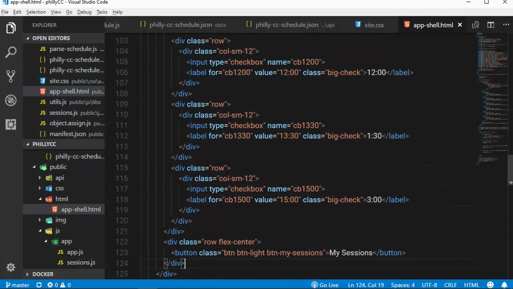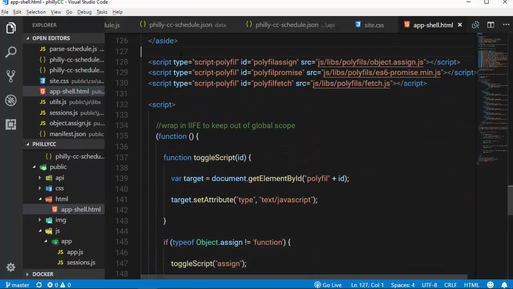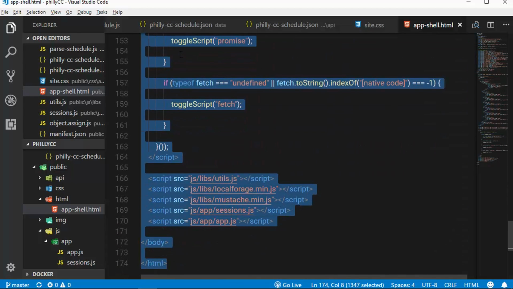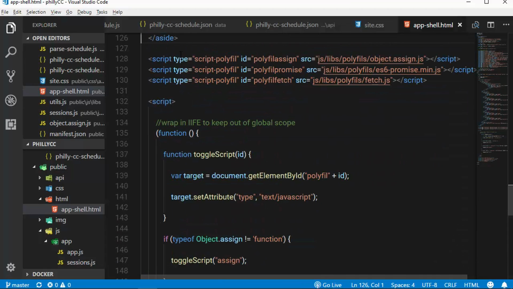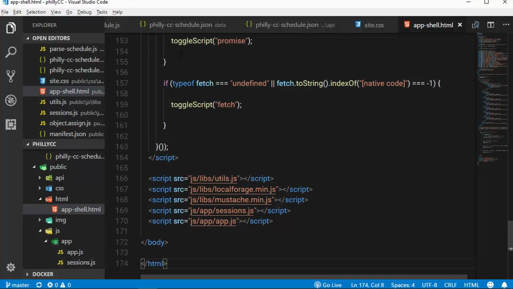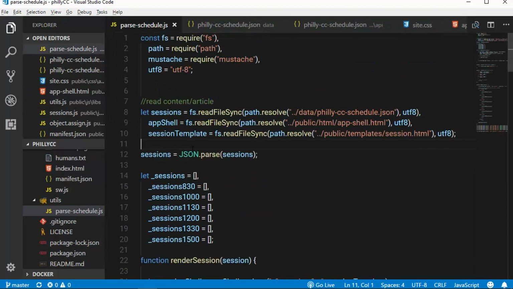Here is the side navigation piece. These are common things to everything, to all the pages in this particular application. Here's the JavaScript references, and that's it. This is, again, a super simple application. And so, anyway, let's go back to